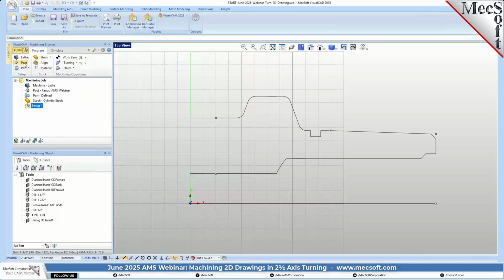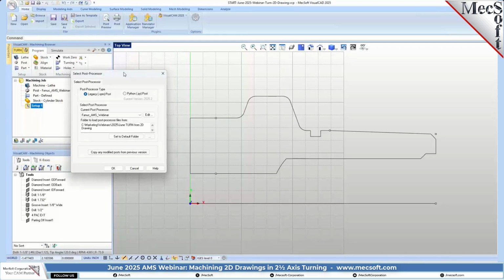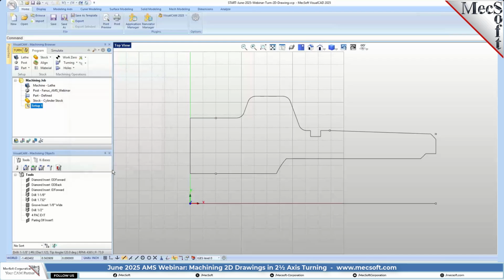And for the post, we have a post set up specifically for this webinar. It's a version of our FANUC post. In most cases, the FANUC is going to be the most common 2.5 axis turn center controller. So we're using the FANUC controller here. And really that's all we need to do. Make sure it's set to legacy post and we got our post selected. Now for the part,